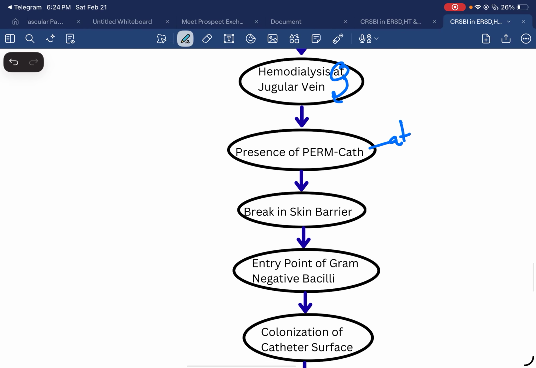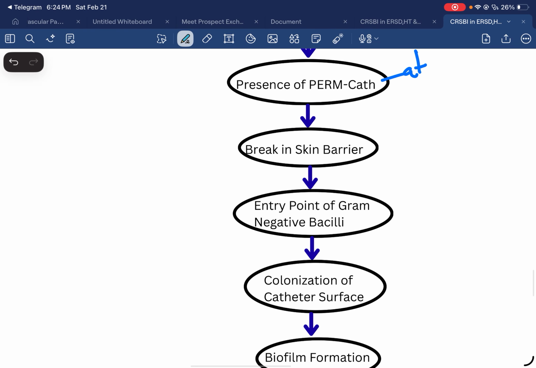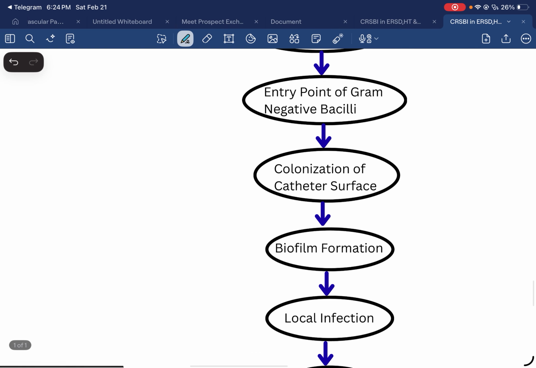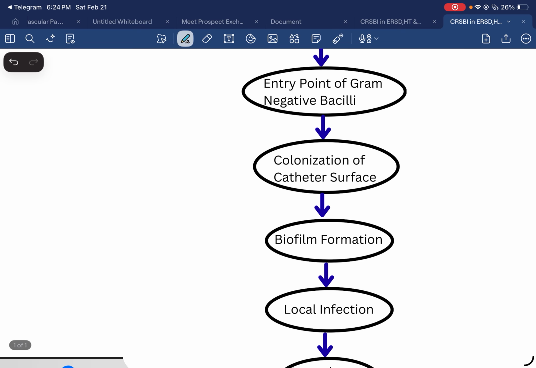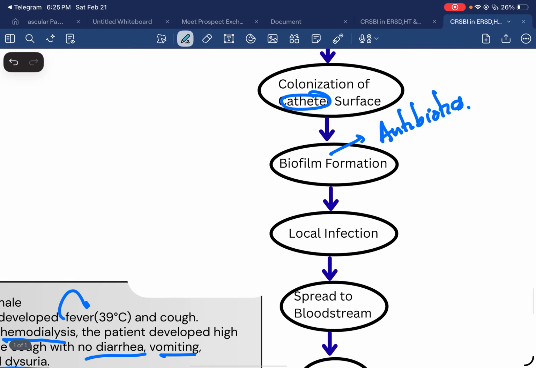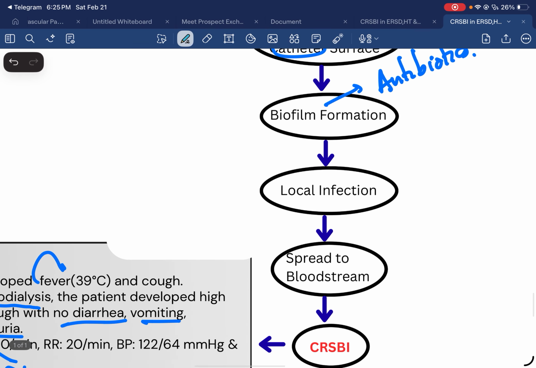So when there is presence of palm cat, there is a break in skin barrier. This break in skin barrier serves as an entry point for gram-negative bacilli, and these bacteria colonize the surface of the catheter and produce biofilm to protect themselves from antibiotics, and this leads to local infection, and the patient will exhibit signs such as redness,